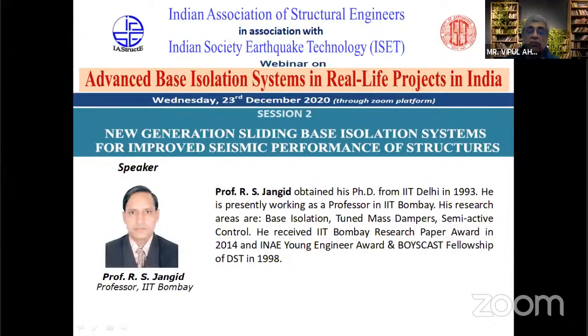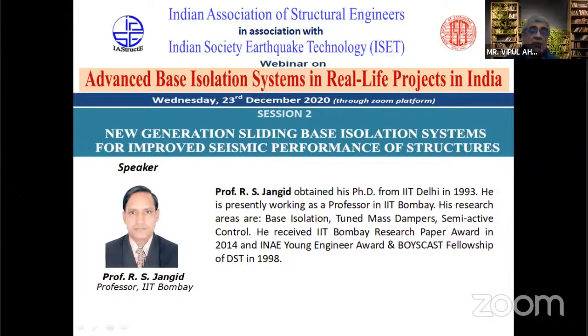He also received the IIT Bombay Paper Award for year 2014. He worked as a seismic consultant for the government of Maharashtra in repair and retrofit of houses affected by the Latur earthquake in 1993. He also carried out research for BARC for earthquake resistant design of nuclear structures and its components using passive control devices. He has published several papers in international journals, about 170, and conferences, and co-authored a book on structural analysis. He guided several doctoral theses, like 28, and master's, 60, in structural engineering.